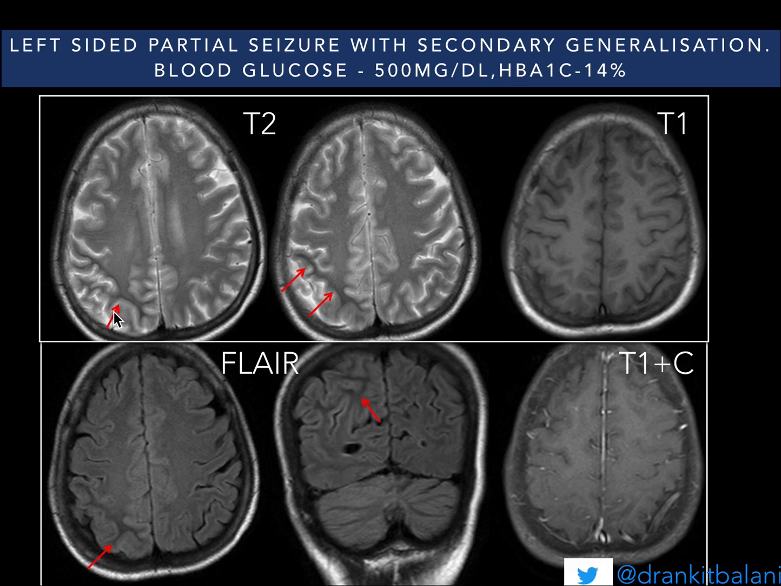You can see the swollen gyri on T2 as well as on the FLAIR images. Compared to normal gyrus, you can see it is thickened and increased in signal. You can see this on coronal as well. And an important finding is the subcortical white matter T2 hypointensity, which is crucial in this case for concluding the